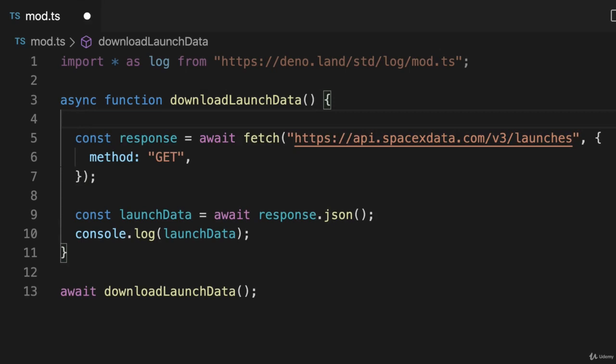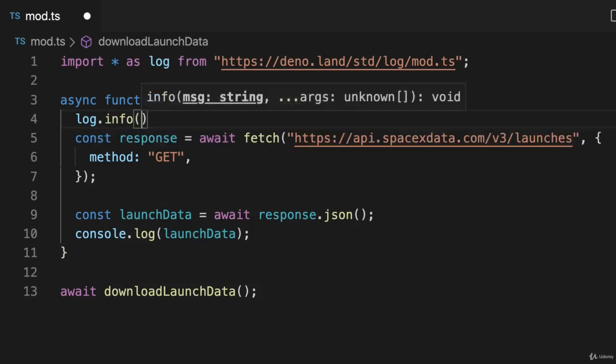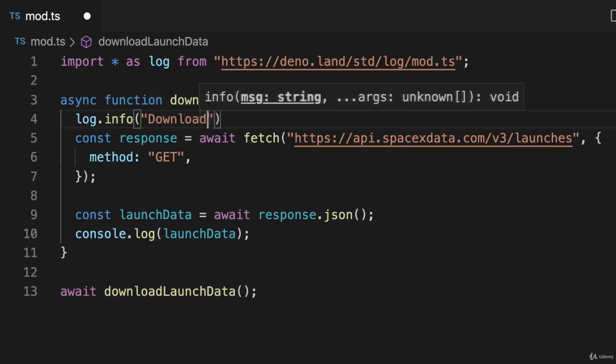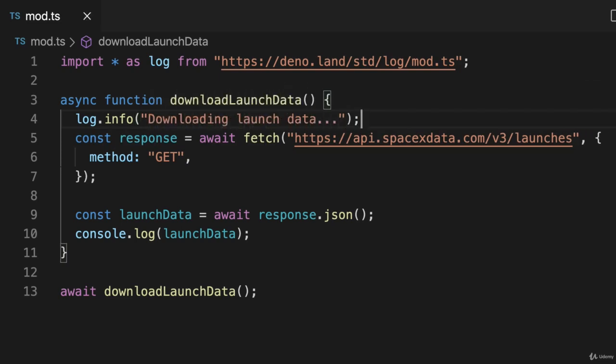So for example, if we wanted to say downloading launch data prior to making this fetch request here, we could do log.info instead of console.log and pass in our string. So downloading launch data. Now we know that a request is about to be made to download the list of